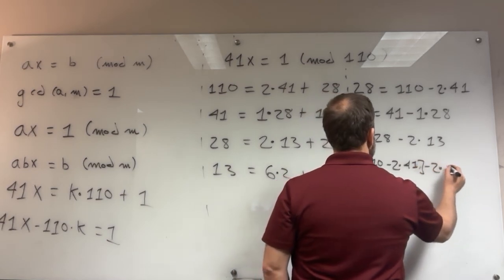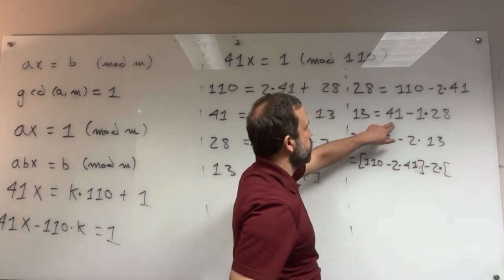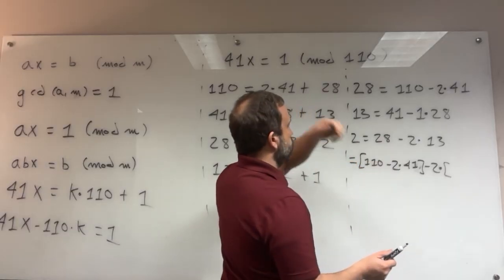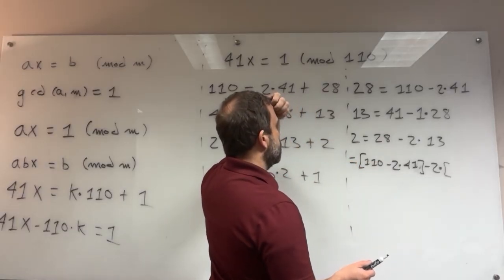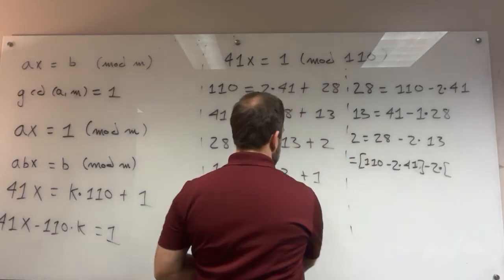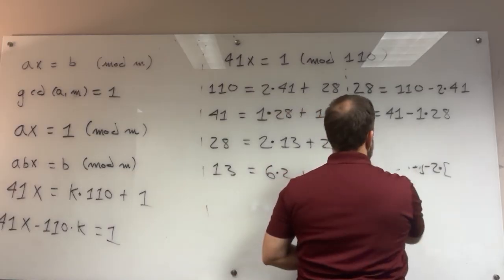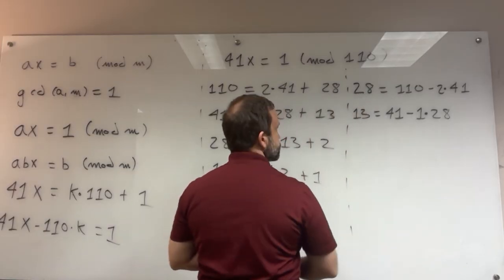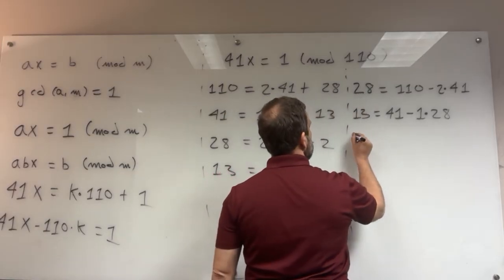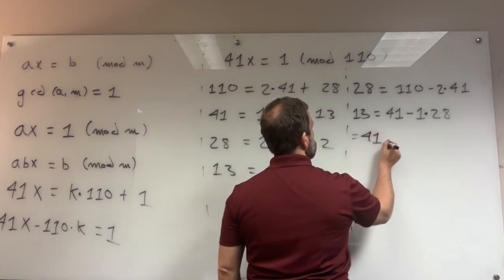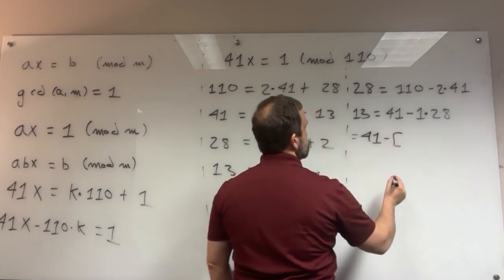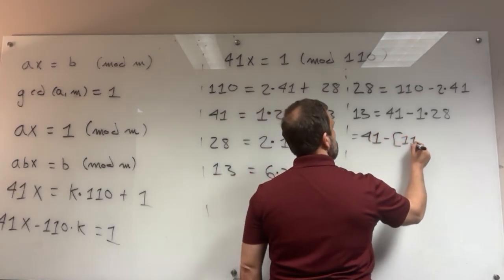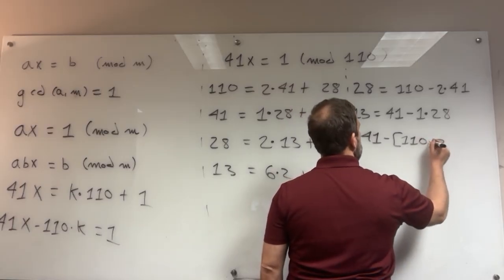And then minus 2 times 13, which is 41 minus 41. Oh, you know what? I skipped a step here. Sorry. I knew something didn't seem messy enough. So this is equal to 41 minus 28, which is 110 minus 2